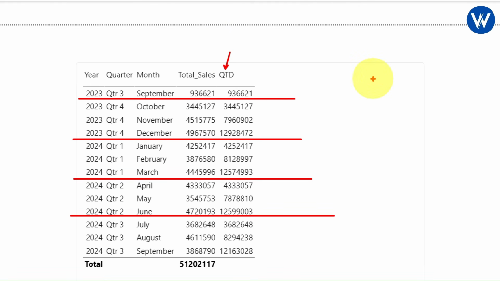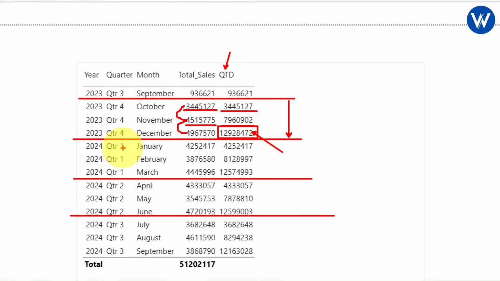What it will do, it will find the cumulative total, which means month wise total it will generate. In the same way, quarter to date will do the quarter wise total. So basically it will add the quarter wise total. Like here we can see quarter 4, October, November, December. The October total sales is this value. It will give the QTD as the same only. For the next month, November, it will do the addition. So basically it is doing the cumulative total. And finally, after adding all the 3 months, which is October, November and December total sales, it will give the QTD as the final output in this way.